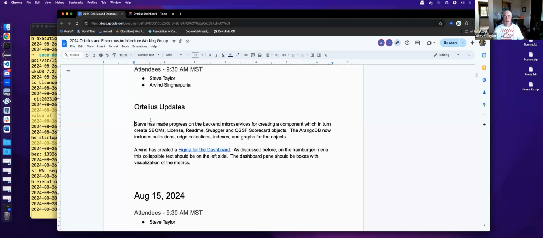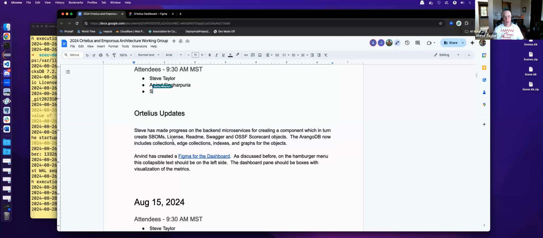So I've been doing a lot of work on the back end of the microservices. Thank you, Arvin and Sasha and Tracy, for approving one of the PRs. There's going to be more PRs coming. Things are moving along. So the main back end piece I've been focusing on is how to create a component version in the new